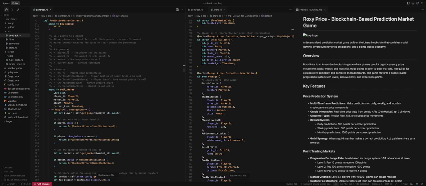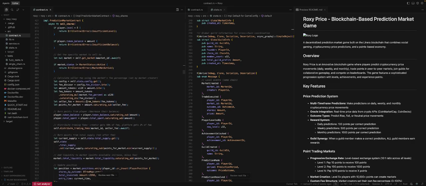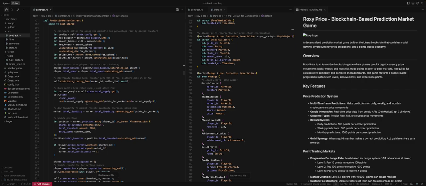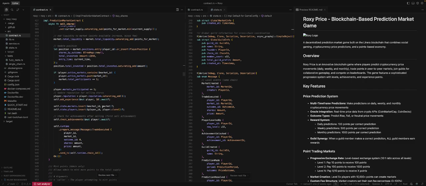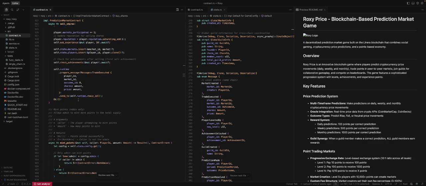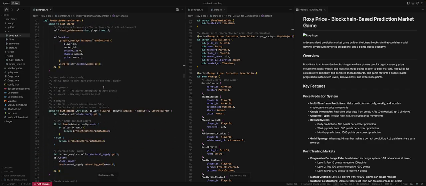Allow players to sell their points in a market, right? You basically need to be at level 5 to sell your points to a specific market. The market creator receives base fees and a percentage of their choosing. So these are just cool things. It's basically a player can sell his points to get XP, right? So whenever you sell your points, you get XP, right? If you want more XP,